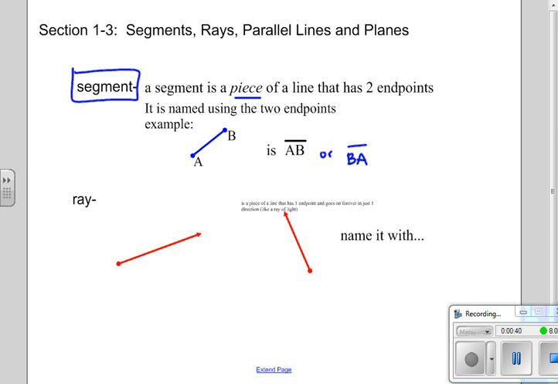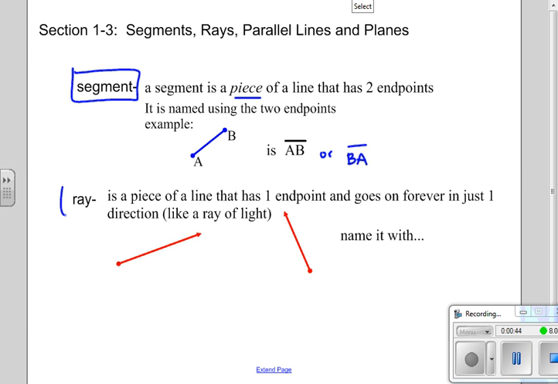So the next part that I have here is a ray. A ray is also a piece of a line, but this time it only has one endpoint and goes on forever in one direction. So it has the dot, if you will, on one end and the arrow on another. So if I put a label on here,